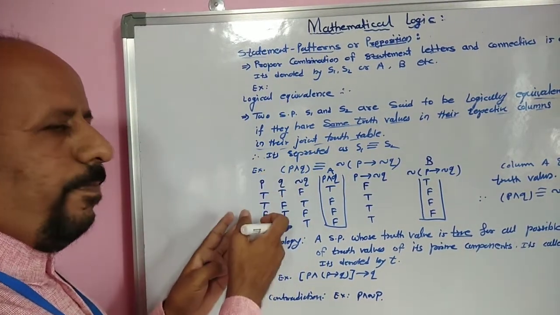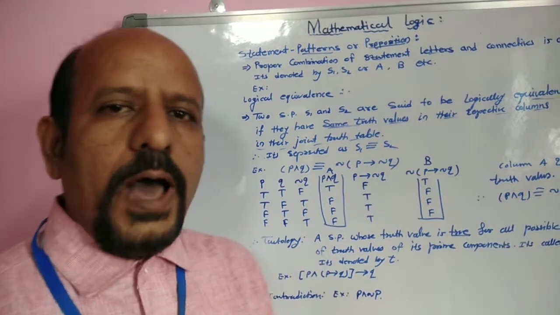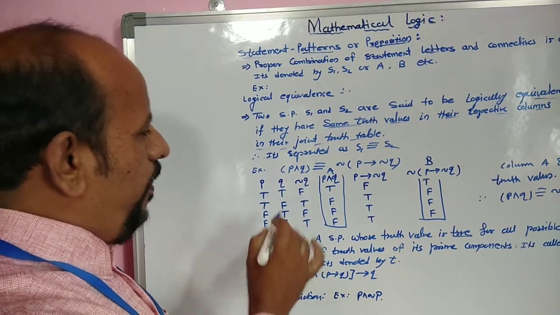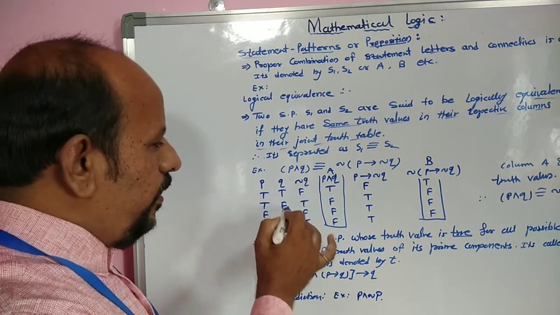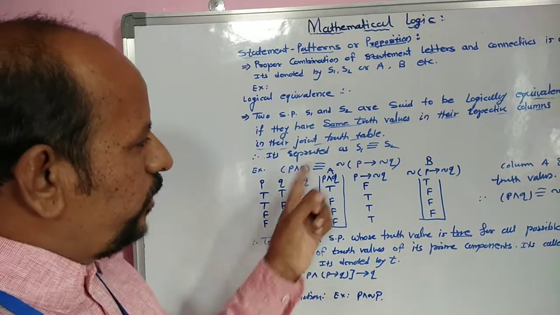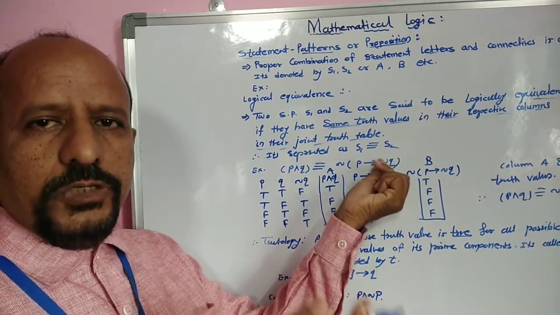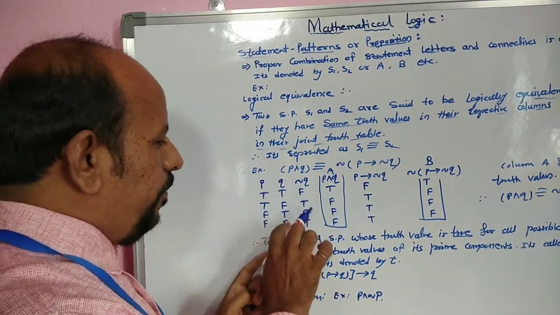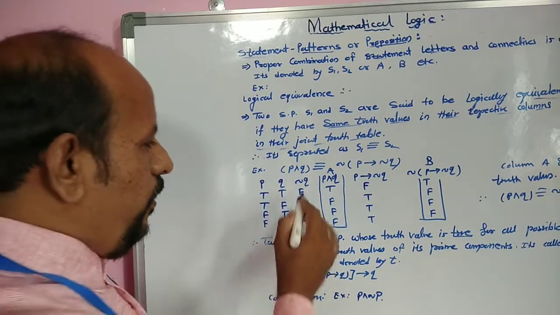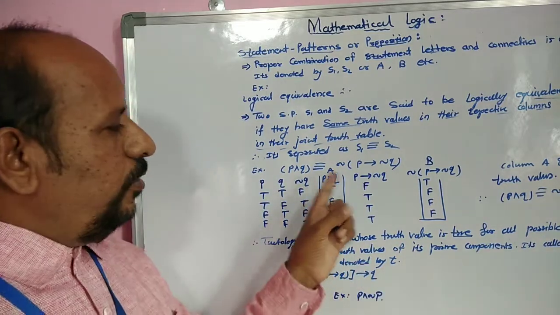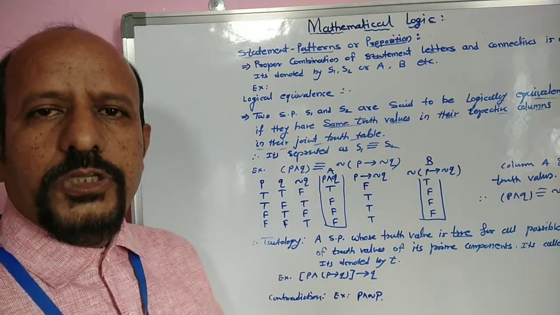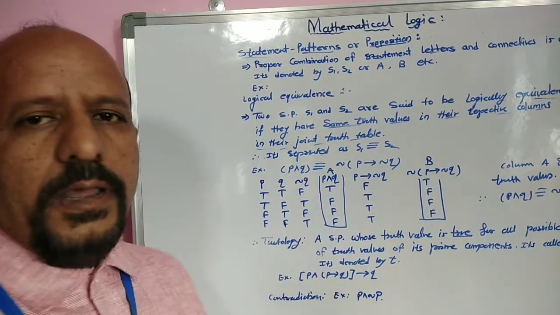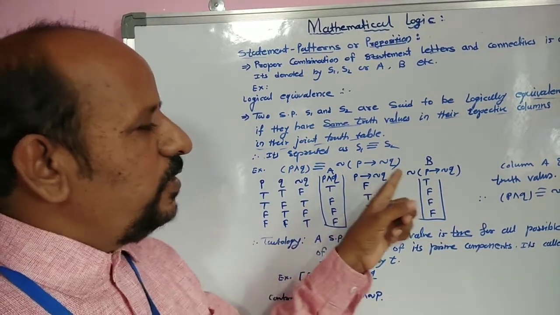Of the 4 values of P, 2 are T, T and 2 are F, F. Therefore, T, T, F, F. Second column, T, F, T, F. Now, in the statement pattern, what is the generated statement? Negation Q comes from Q. Therefore, if Q is T, F, T, F, then negation Q is F, T, F, T. For P and Q, we know the table of conjunction: if both the statements are true, then the final statement is true. Therefore, T, then all others are F. Now, next, P implies negation Q.